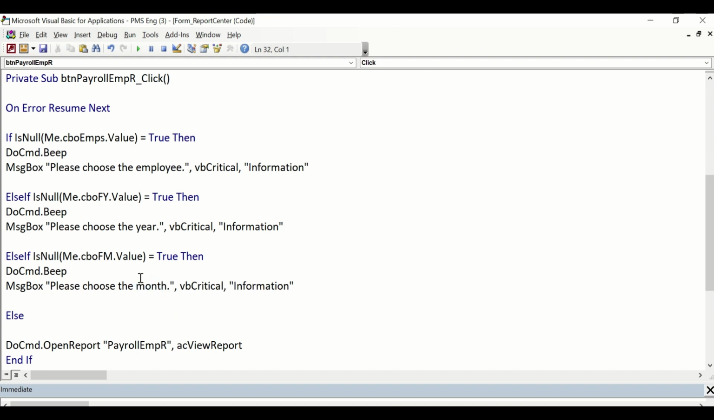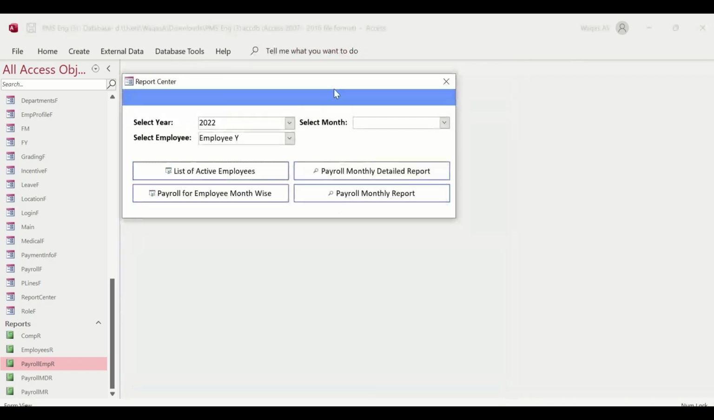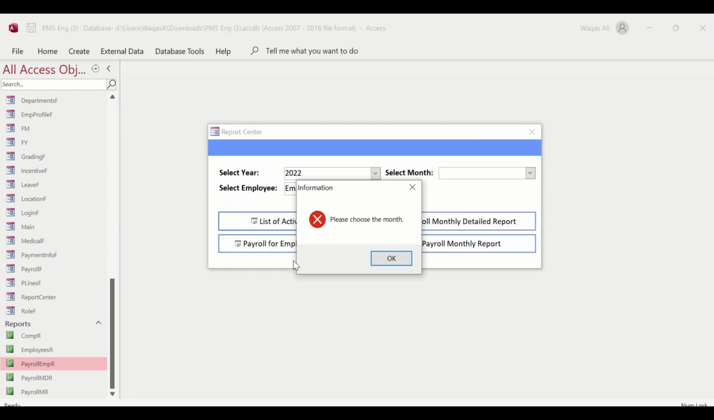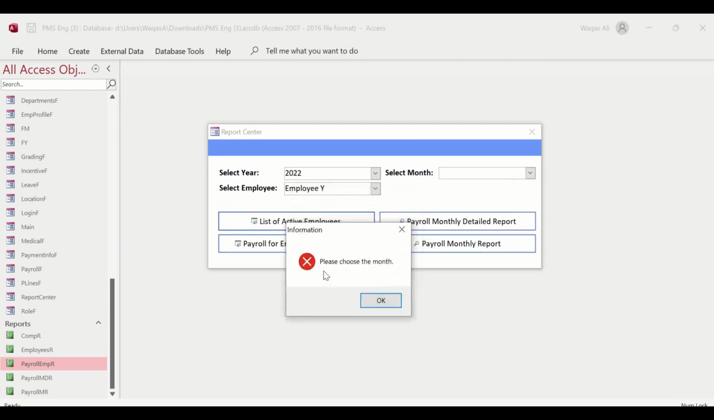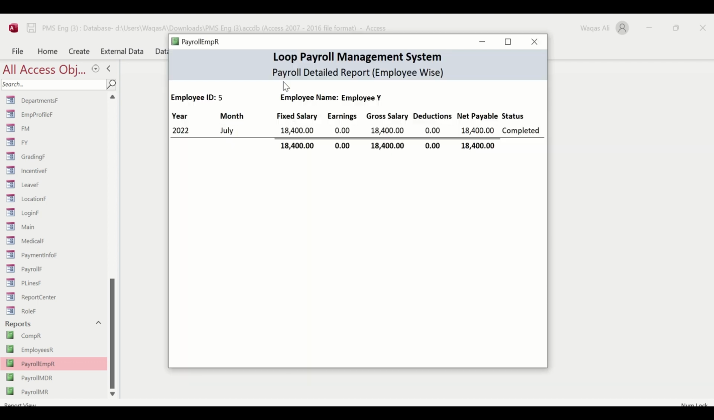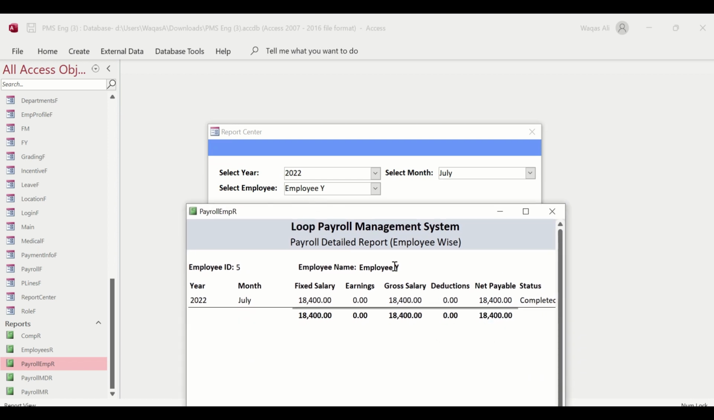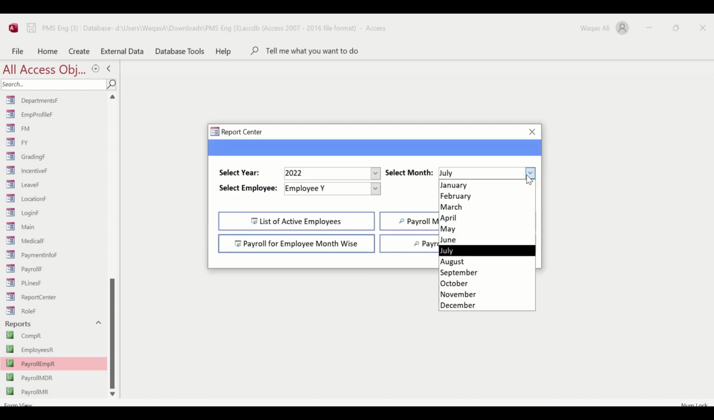That's it. So now every time a user clicks on that button, Access will try to figure out if the user has given the information or not. Let's go ahead and do that. And what it says, hey, choose the month because year and employee information is given. So let's choose month here. Now let's run the report and boom, we got the information that we were looking for. So for employee Y, for the year 2022, for the month of July, we have this information. Okay, so it works perfectly